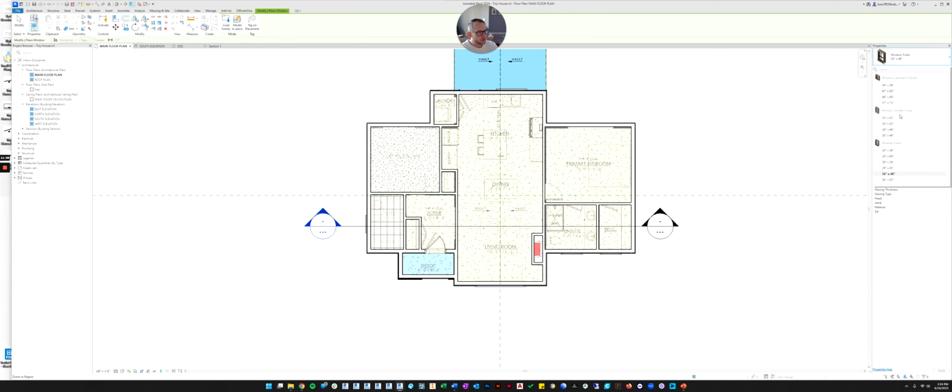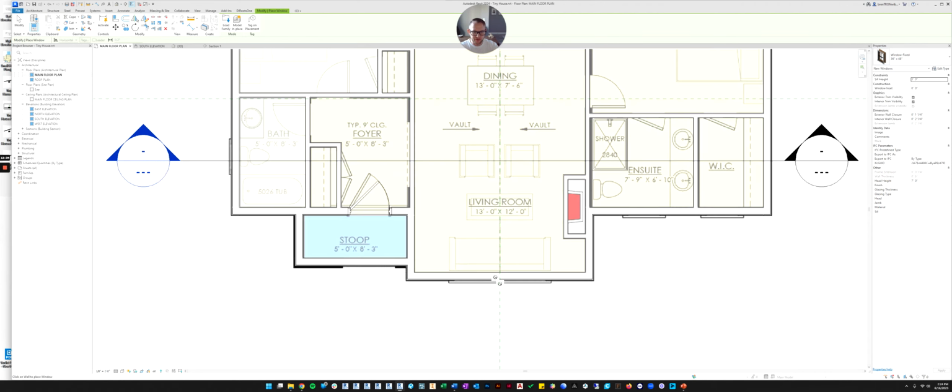So there's 1, 2, 3 different types of windows you can have here. There's a casement window, which looks like a double casement. Yeah, a double casement window. Casement windows, just so you know, are the windows that swing open. There's usually a little handle that you spin and it cranks the window open. Those are casement. There's a double hung window. Those are the windows where they slide up or down. And then there's vertical sliders, left or right, but it doesn't look like they have one. Or there's fixed windows where it's just a pane of glass. So let's just pick one of those. Those are the different family options we have.